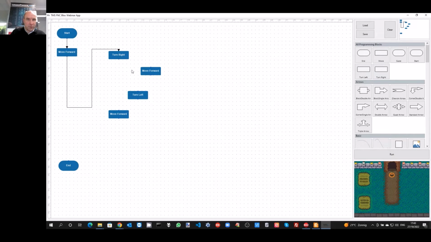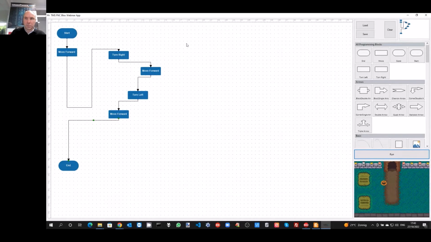So after first moving forward, I will add and turn right, then we move forward again, then we turn left and move forward till the end. I believe that everything is hooked up nicely again, and let's run this application. You can see as it follows the workflow, it directs how the pumpkin moves here in this area of the screen.